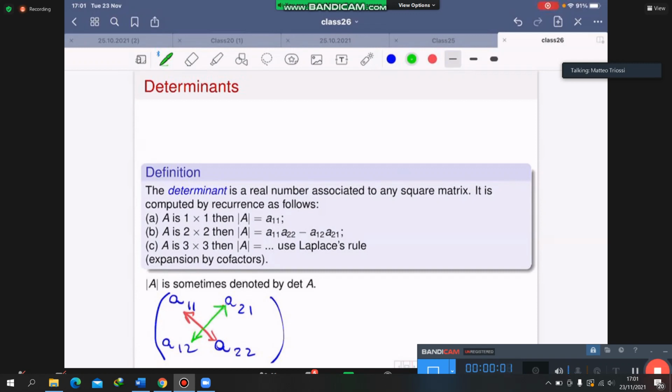Entry of the opposite diagonal. So the opposite diagonal goes with sign minus. Otherwise,